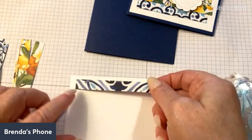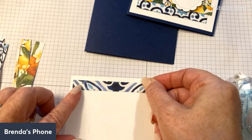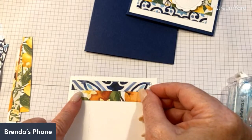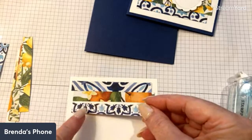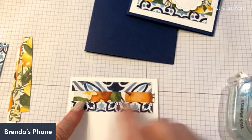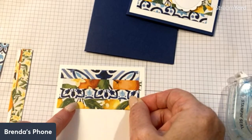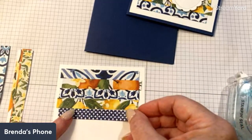Of course, you can always decide to choose different papers and have them coordinate differently. I have some pretty extremes here, and I'm just randomly laying them down, not in any order. You can see I'm not lining them up per se. I am butting them up against each other so that I don't have any space in between. I'm going to put this one out a little bit this way, and you'll see that in the end it will turn out